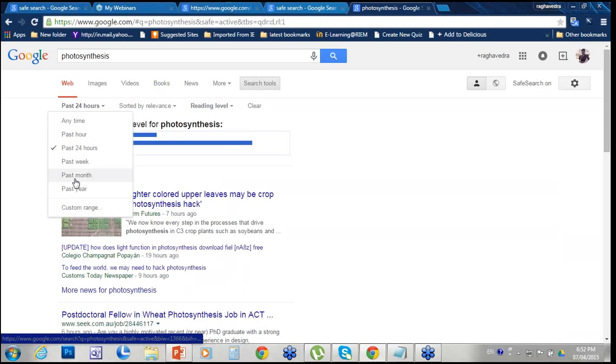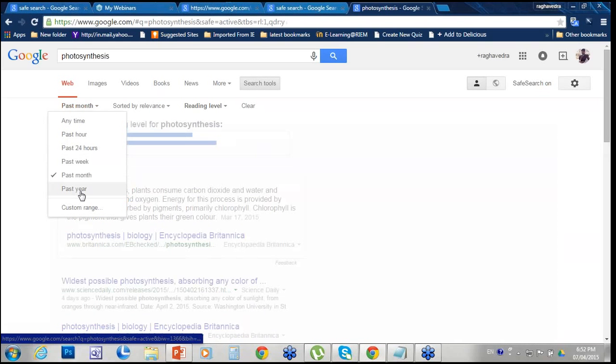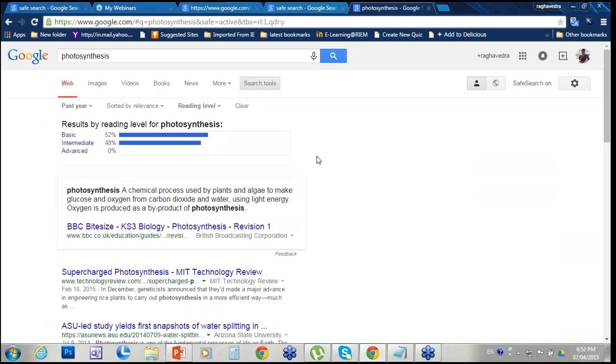If I click the past 1 month, I also didn't get much at the reading level. If I go to 1 year, there also nothing is there regarding this, only 2 types of information. So based on the information given here, whether it belongs to basic or intermediate or advanced, you can set the reading level according to the topic or the content which we have introduced. Similarly, what happens here,